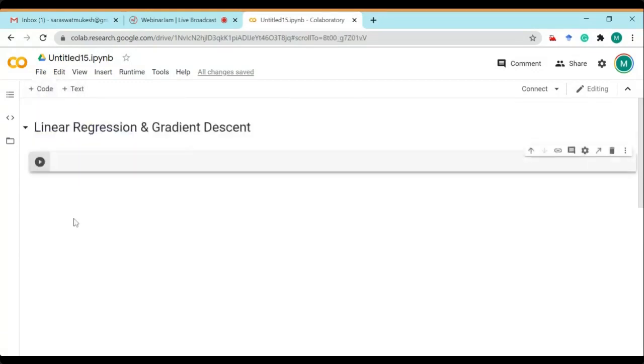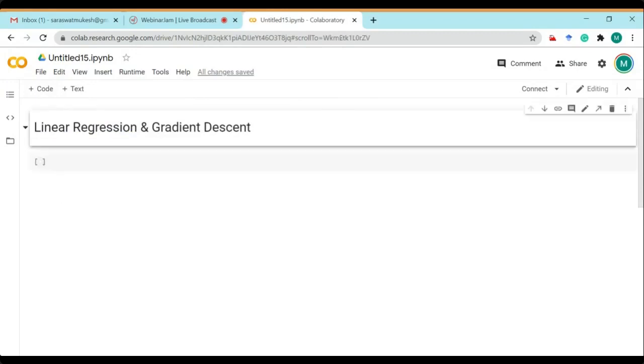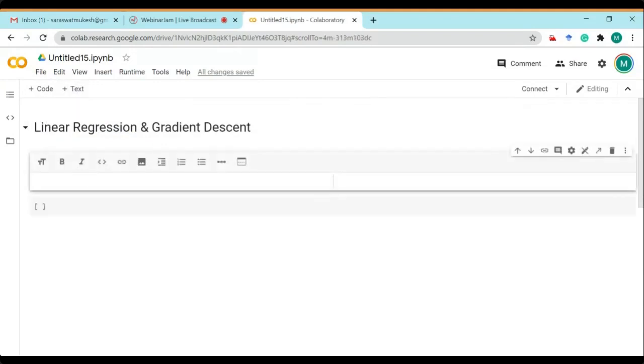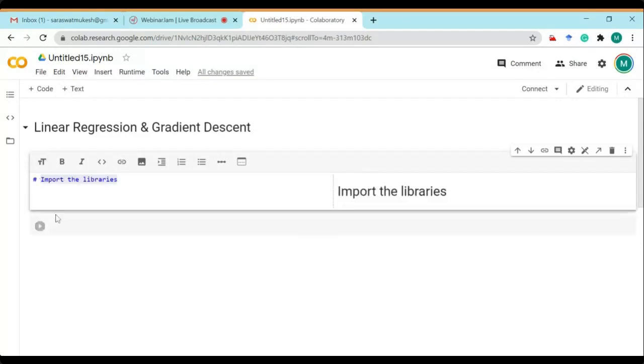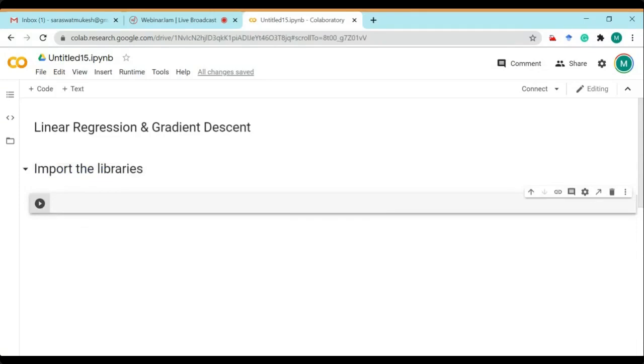So next, first we have to import the necessary libraries. In this linear regression gradient descent, we will apply the libraries. So we have to import the necessary libraries. You all know, we discussed in yesterday's session. We have to import TensorFlow first. Import TensorFlow, and we give it an object name as tf.